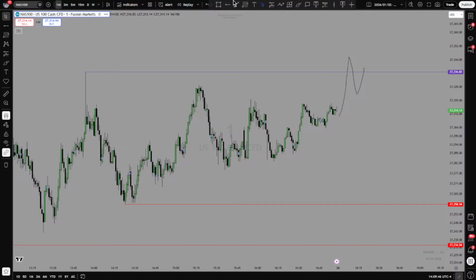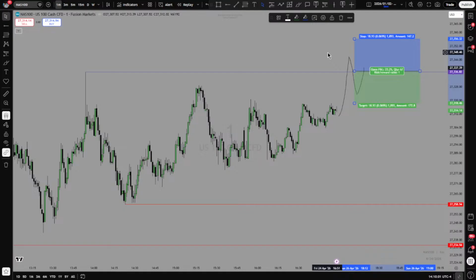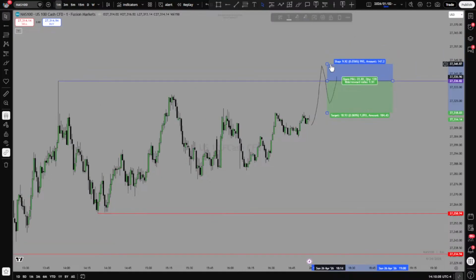Let me just make an example here. All right, so I just deleted it. Oh, it changed. I did not understand. I've never used this thing, I haven't used it in years. So something like this, right? Do you see the risk here is less than the wins? Which means if I take one trade, it results in more profit, right?